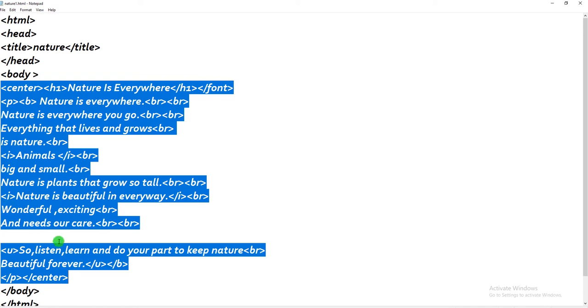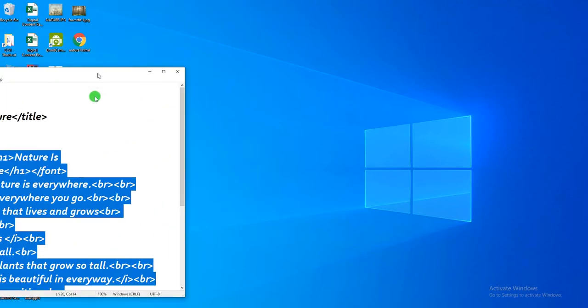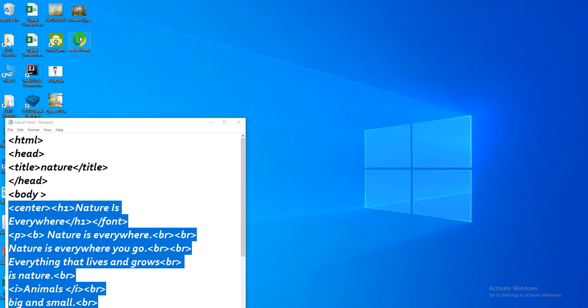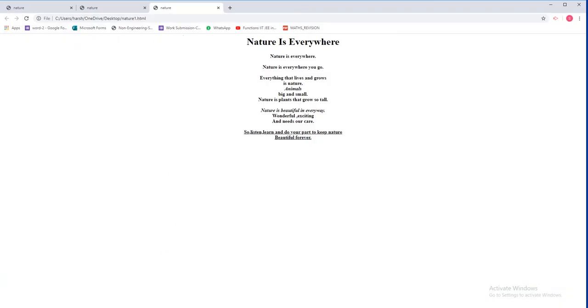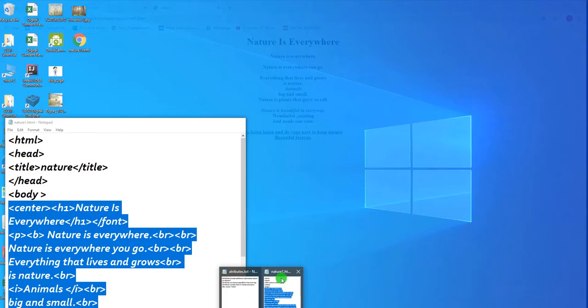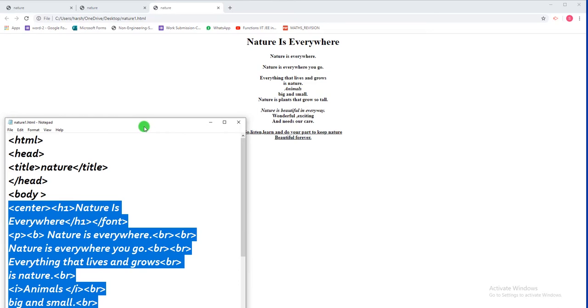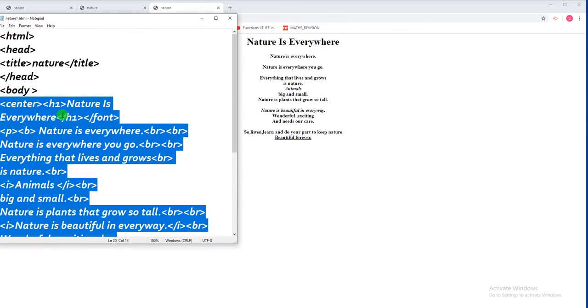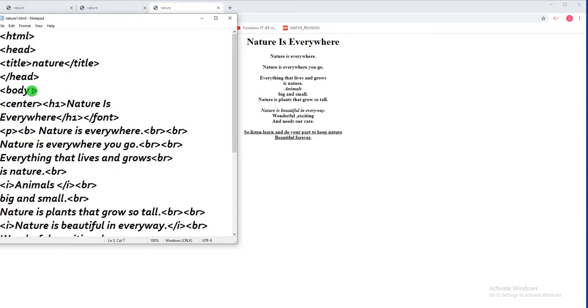Now here since there is no color given, so in the HTML page also, in the web page also, we see that there is no color given. Now I'll be showing you the pages together. See, this is my HTML page and here I have my notepad page. Since no color is here, that means if I need to give a color in the background, the color has to go in the body tag. Now how do we give the color?